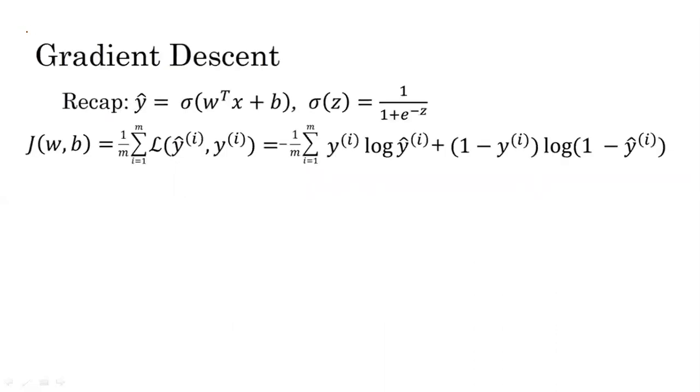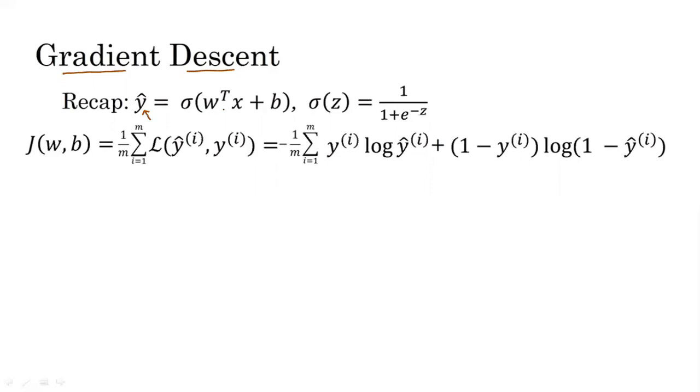Now, in this slide, there is a quick recap of the equations that we have learned in the previous video lecture. In this lecture, we are talking about the gradient descent method, and let us recap some concepts once again. y hat was the prediction or the predicted outcome, that is whether the image would be classified as a cat image or a non-cat image, and the outcome was in binary notation, that is 0 or 1: 1 if the image was a cat image, and 0 if it is a non-cat image.